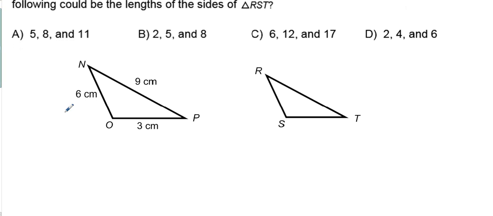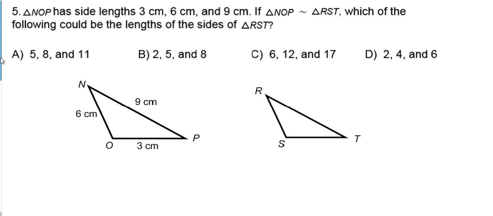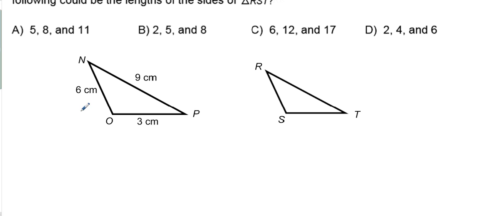If they are similar, and we were told the similarity statement here, triangle NOP is similar to triangle RST. Now, if they're similar, what is going to be true is that NO over RS is going to be equal to OP over ST. That's also going to be equal to NP over